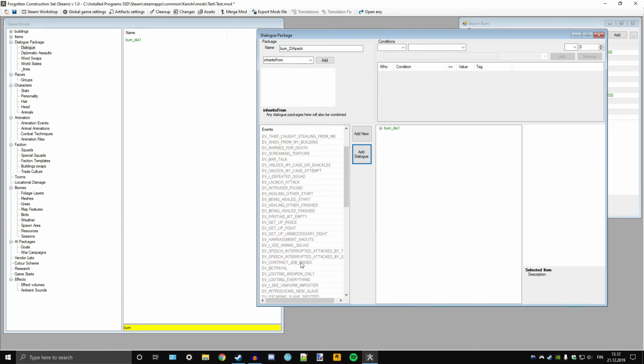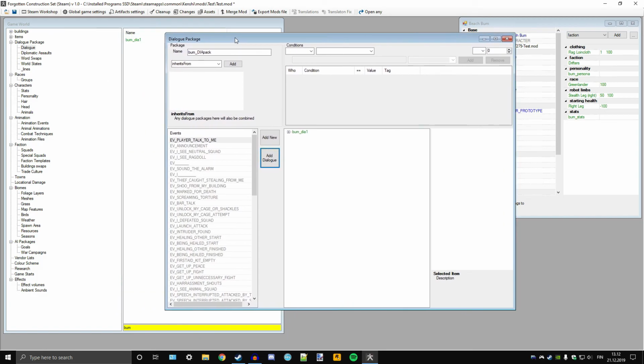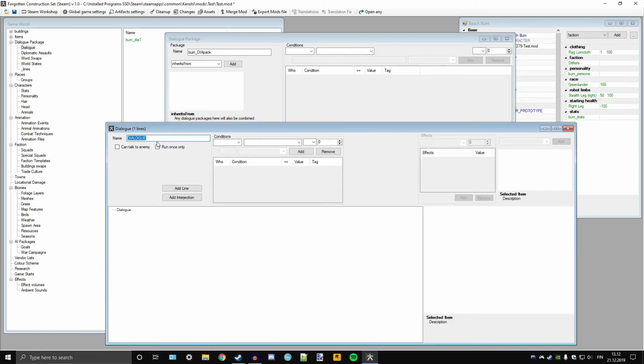You can add dialogues all you want, but I think you cannot repeat a single dialogue in the same package more than, was it 3 times or 5 times? But yeah, I'll show you the screamy shouty thing that makes me see a person, but this is the best way to just initiate dialogue no matter what happens. So they see a neutral squad, they will say things whenever they see a neutral squad, and I will add a new dialogue here, which is bum screamy shouty,